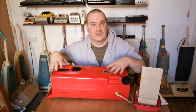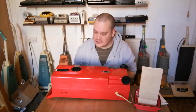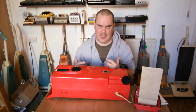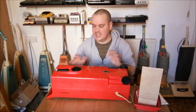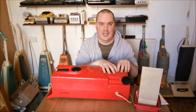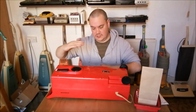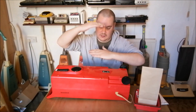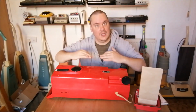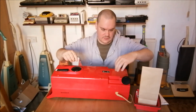Now that in and of itself is not particularly difficult, taking it apart, but when you come to put it back together again, it is a nightmare. It is so hard, even on the basic Freedoms, the machines that don't have electronics or a flex winder. They are so fiddly to get the two halves of the shell back together and lined up properly, mainly because you have two sort of...